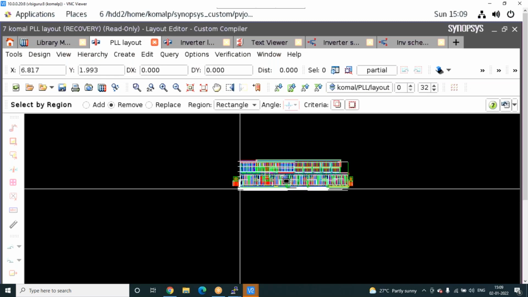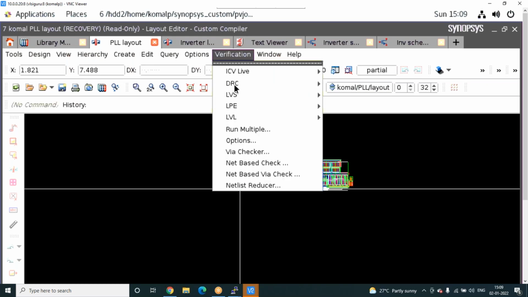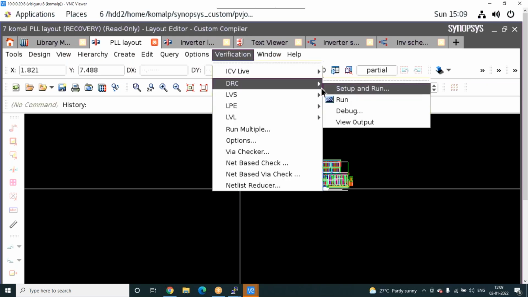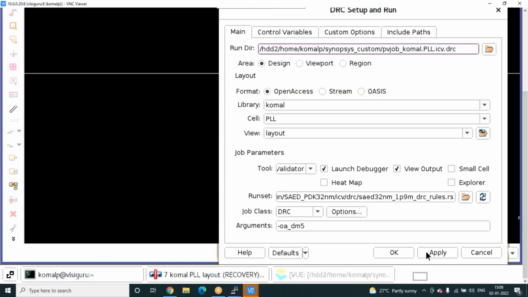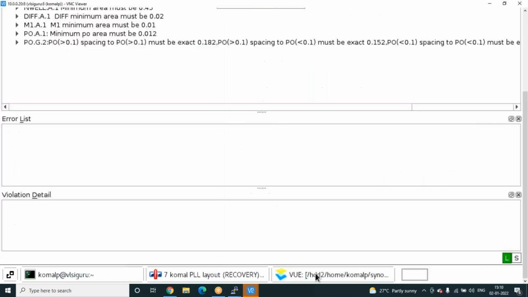This much block is there. For running it, it will take time.